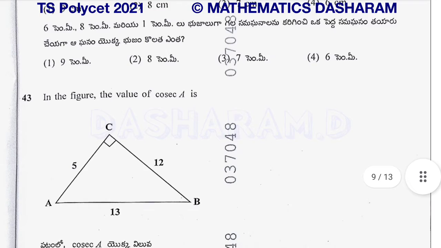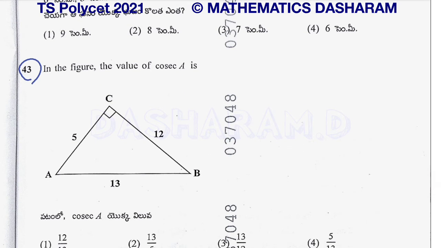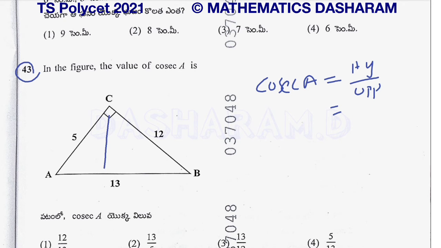Next, question number 43. In the figure, the value of cosec A is. See, this is a diagram. In this diagram, angle C is 90 degrees, so it is a right angle triangle. It is asking what is the cosec A answer. Cosec A equals, what is the cosec A formula? Hypotenuse divided by opposite side. So which is the hypotenuse here? The side opposite angle C is the hypotenuse. So AB, and the opposite side